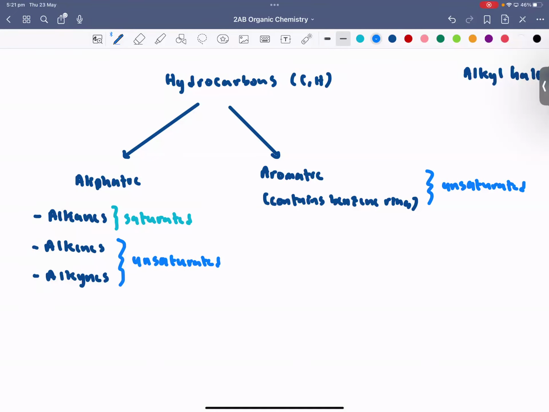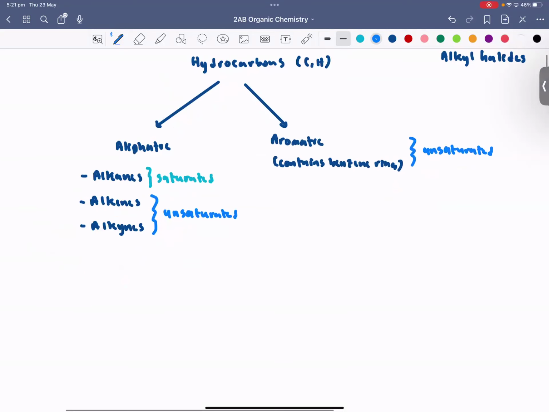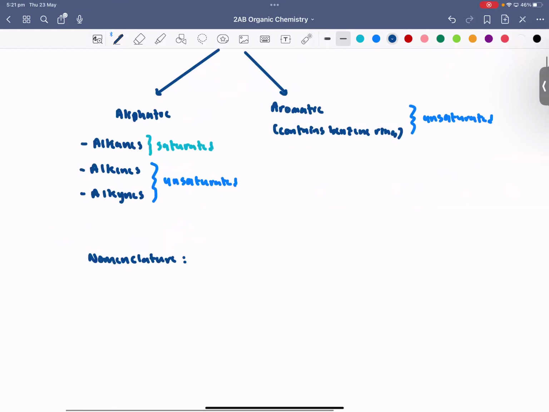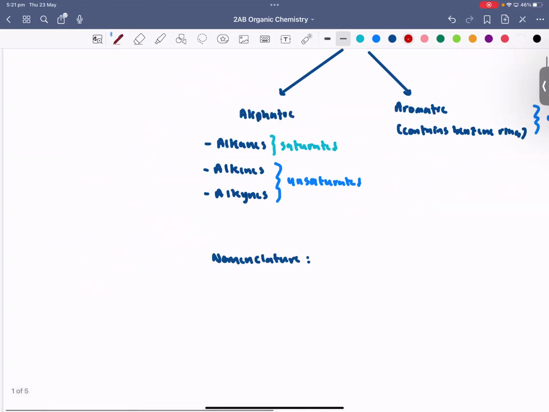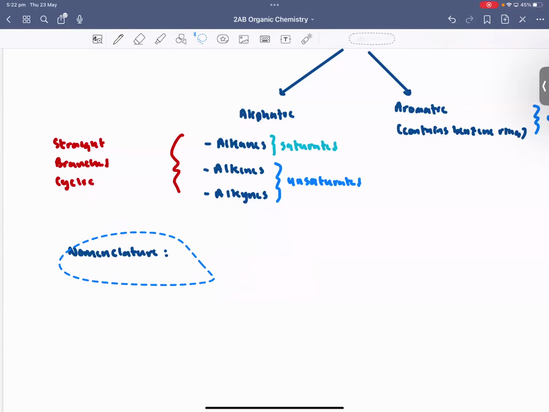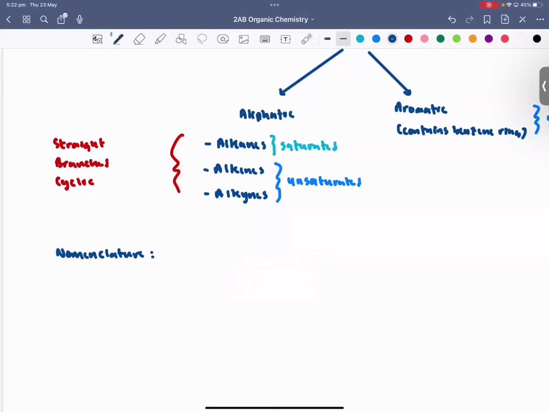Next thing you need to understand is this. Obviously you need to know nomenclature, how to name stuff, okay? And when I say nomenclature, you need to know how to name them in all forms. So guys, how can they exist? They can be straight, or they can be branched, or they can be cyclic. Okay. You need to understand how to name them. You need to understand their generic molecular formulas. All right, so what I mean about that, guys,